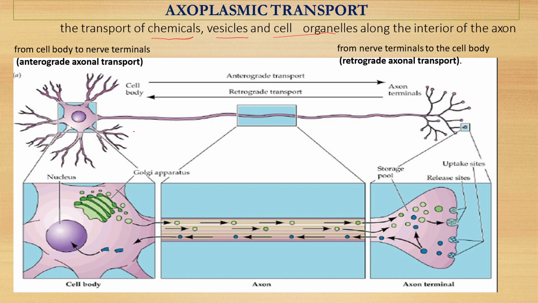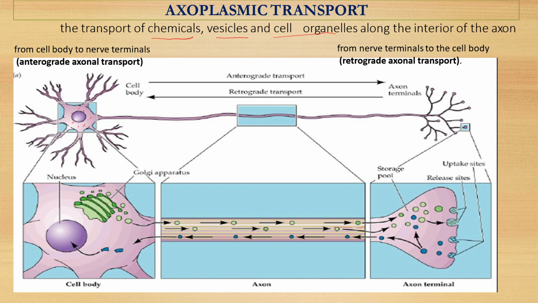So this is the axon, and all the chemicals or neurotransmitters or vesicles or organelles which are formed or present in the cell body, cyton or soma, can be transported to a distant part internally through the axon, and this transport along the interior of the axon is known as axoplasmic transport,